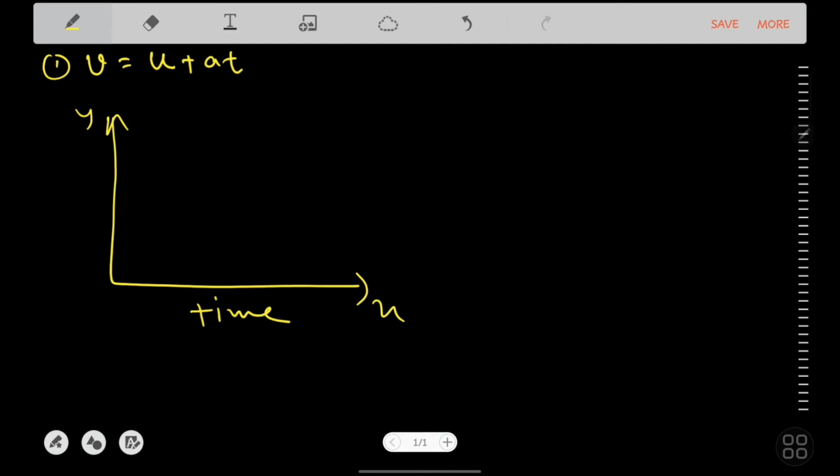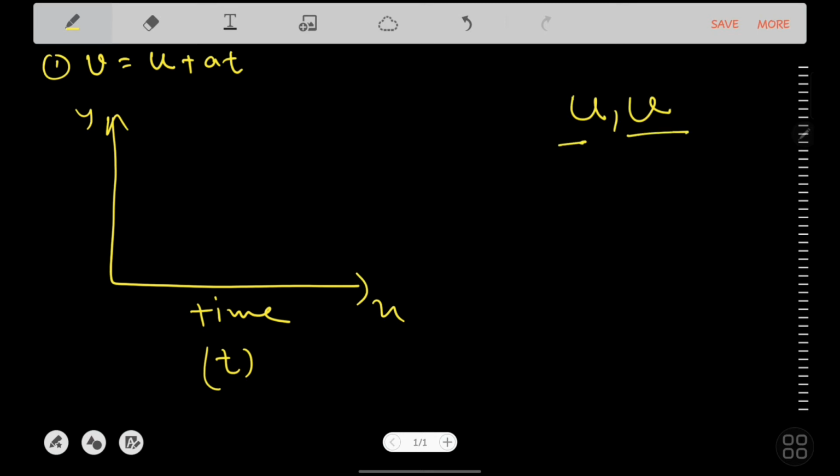Whatever time we take on the X axis is represented by T. Suppose I am taking up to here or here or here, it will always be known as T. On the Y axis, since we need the acceleration, we will take the VT graph, the velocity time graph. On the Y axis we are going to represent the velocities, because we will take two types of velocity, U and V, initial velocity and the